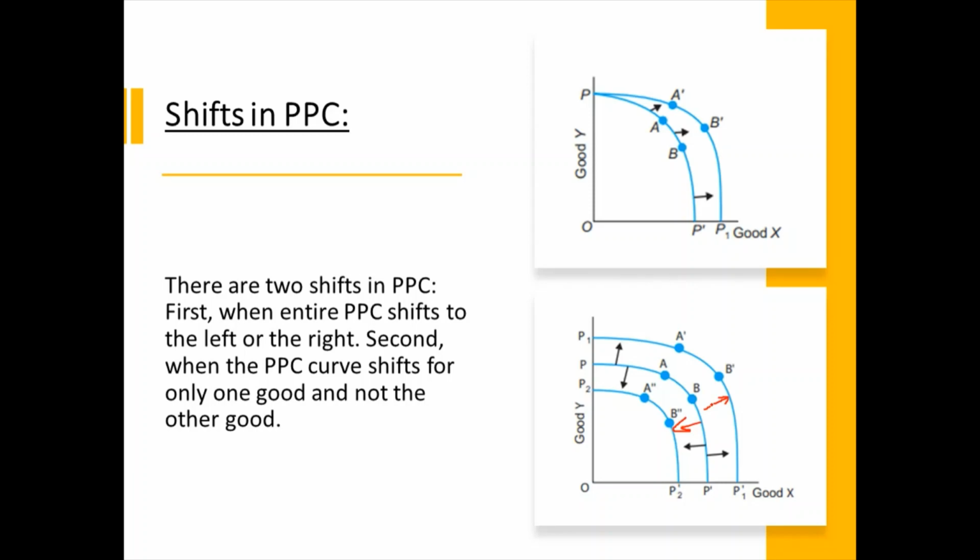Now this can happen because of two reasons. The resources available to the economy go up, or the technology available updates in a way that helps in the production of goods or better goods. Of course, we can take an example for this: the government policy of Make in India. There is advancement in technology, so the production would go up.